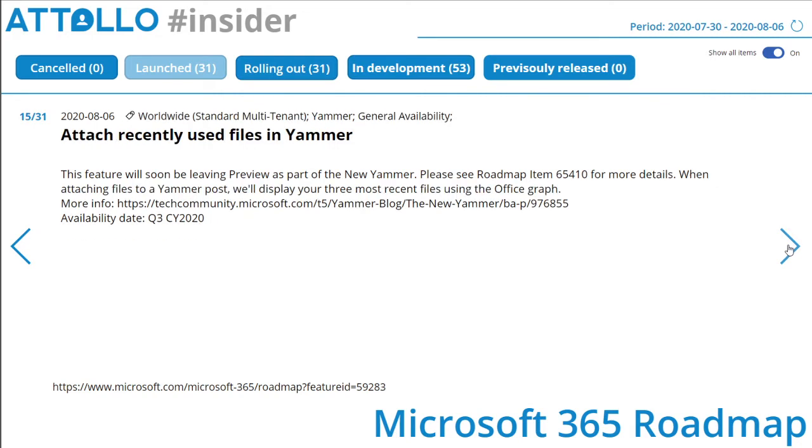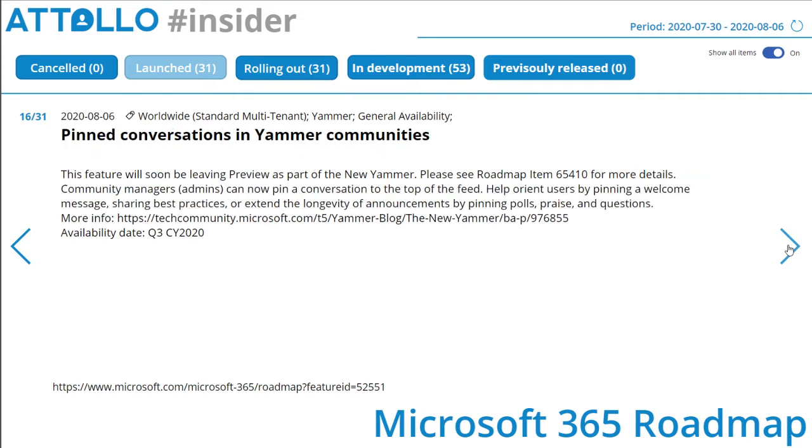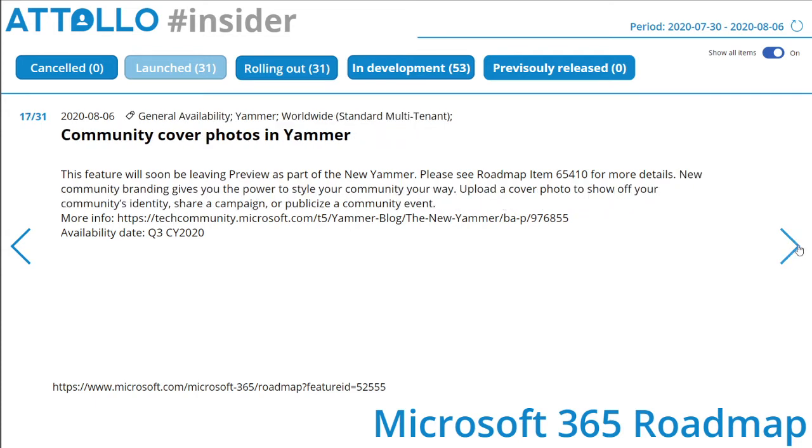Attach recently used files in Yammer. Pin conversations in Yammer communities. This feature will soon be leaving preview as part of the new Yammer. The community managers can now pin a conversation to the top of the feed. This helps orient users by pinning a welcome message, sharing best practices. This is common functionality we expect across community platforms these days, so good to see this has been brought into